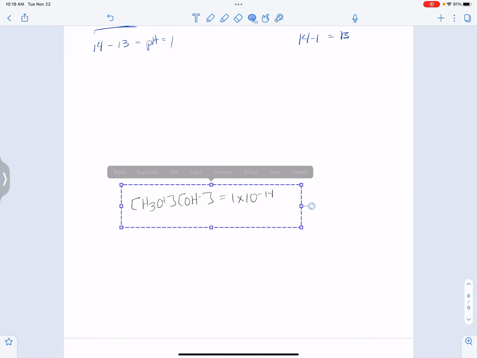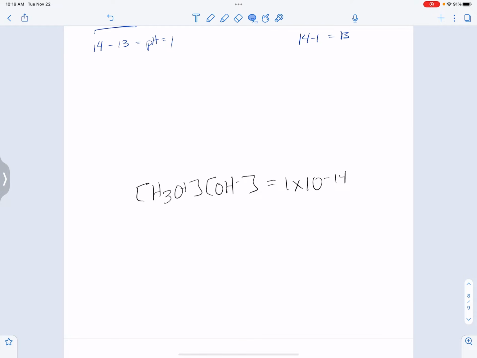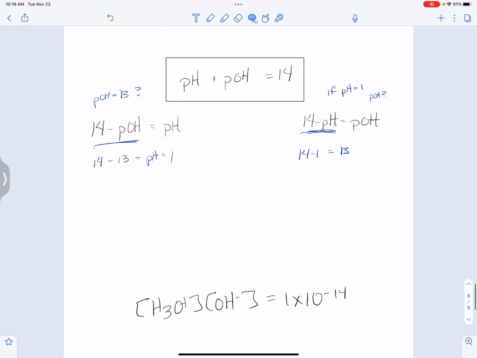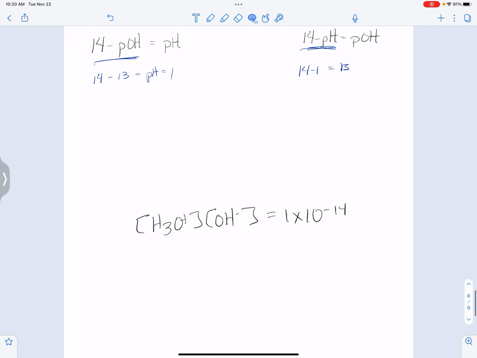So this is an equation that will also let us get between H's and OH's. So this is one way to get between H's and OH's. This is the other way if you need to get between H's and OH's. It's just, if you're dealing with pH and pOH, this is the one that's going to be most common that you use much more often. You probably won't use this one as often. But if you were told that H3O+ was 1 times 10 to the minus 1, and you had to find OH,